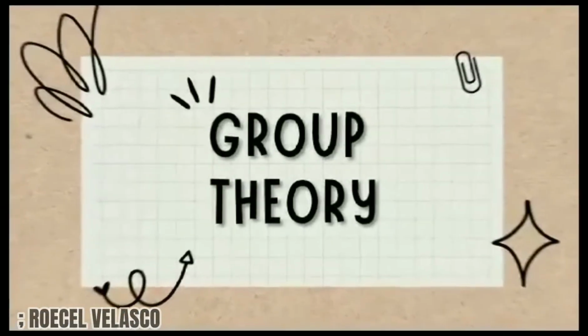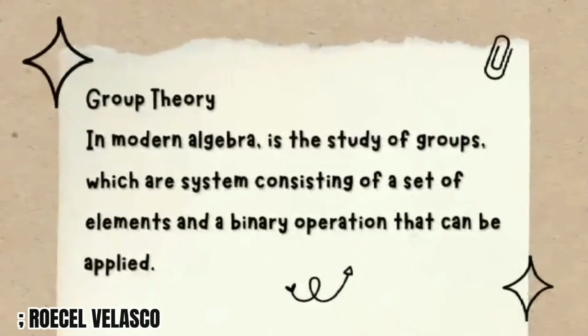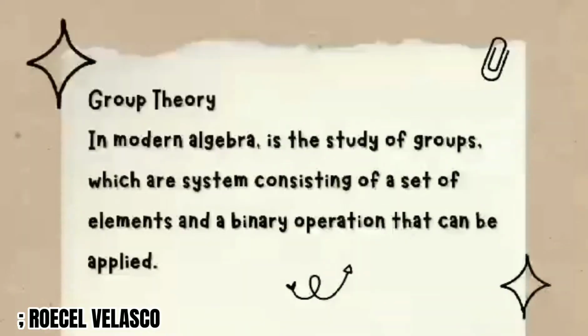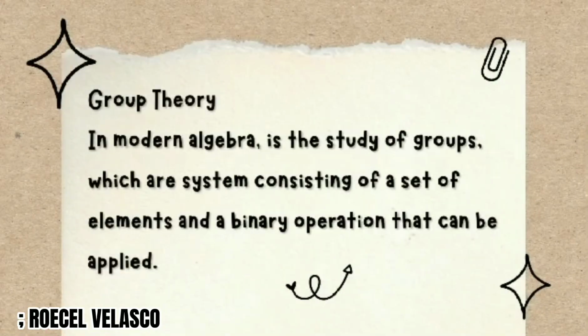Group theory, in modern algebra, is the study of groups, which are systems consisting of a set of elements and a binary operation that can be applied. This requires that the group be closed under the operation, the combination of any two elements produces another element of the group, that it obey the associative law, that it